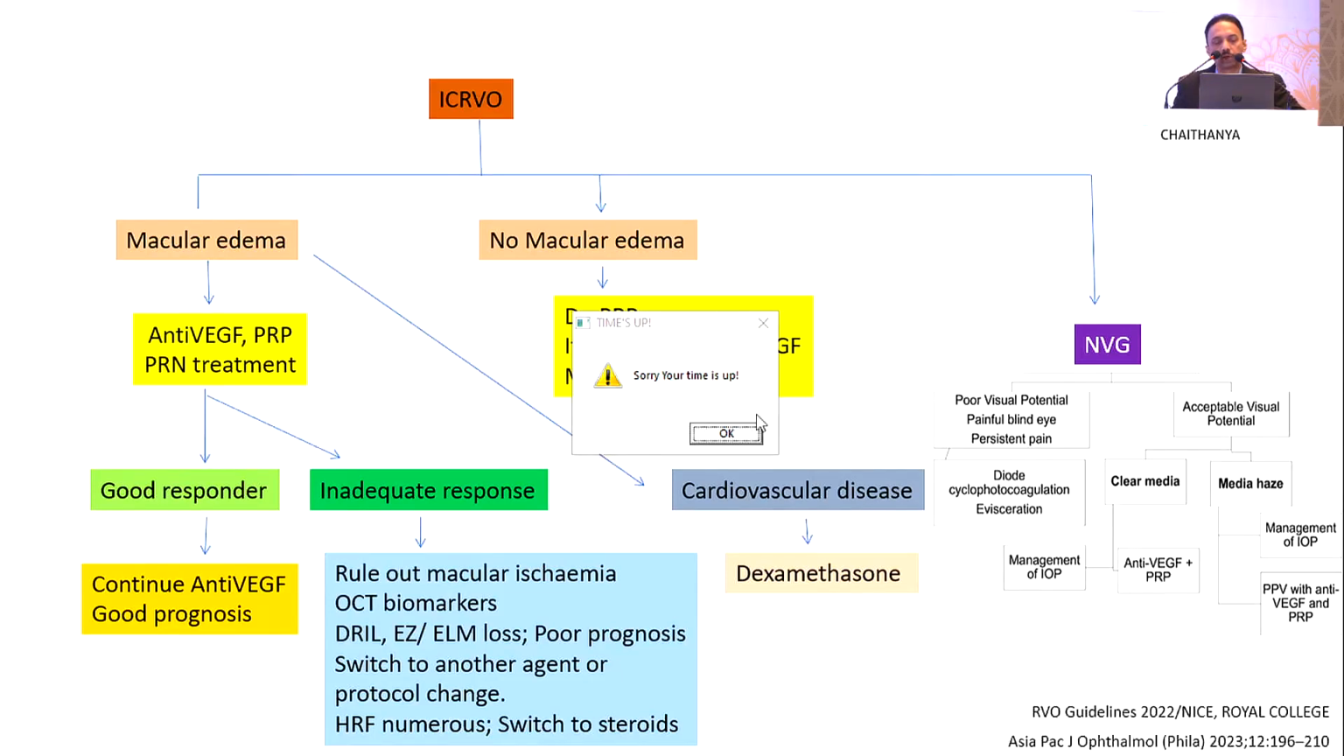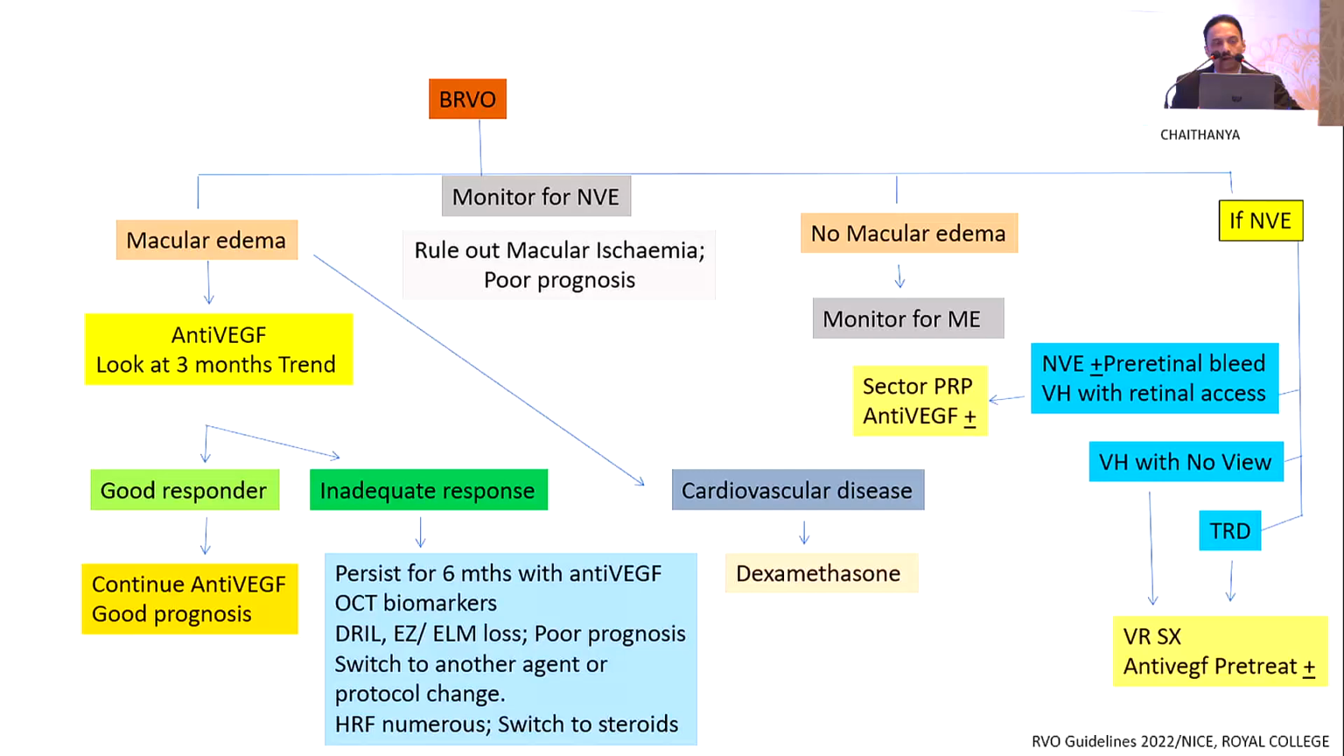So in an ischemic CRVO, obviously you would also add laser photocoagulation along with this, and the OCT guidelines are essentially the same. Look at the good responders and the inadequate responders and go ahead. And BRVO also, so there's no major difference in treating macular edema between the two entities. Looking at OCT guides, you can decide whether or not you need to switch or continue with the anti-VEGF therapy,